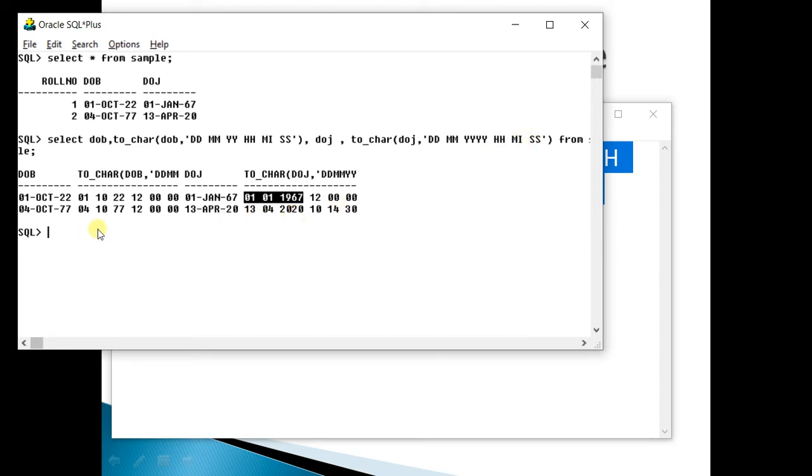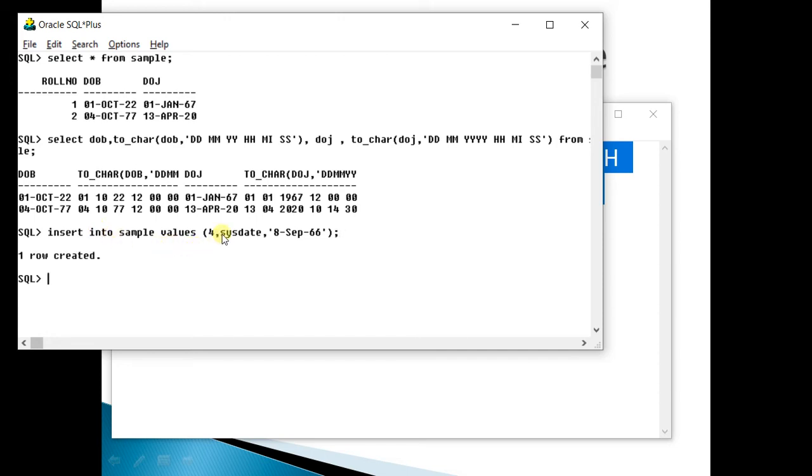Now, let me give you an example of sysdate. Insert into sample values, any value 4, comma, sysdate, comma, any date, 8 September 66.